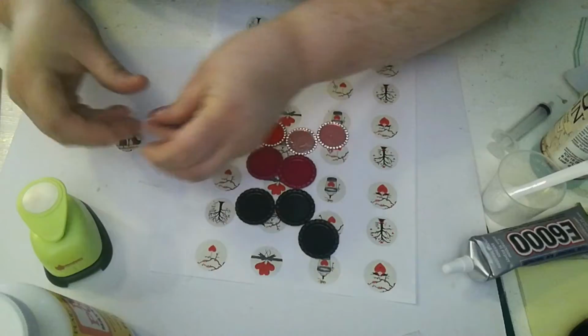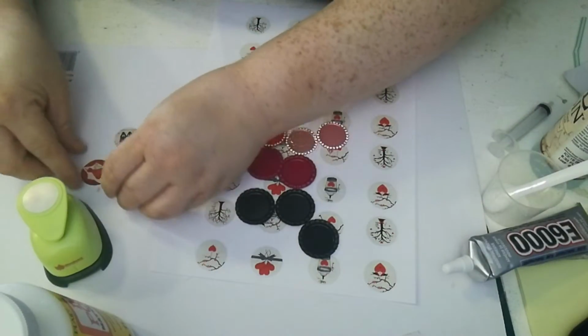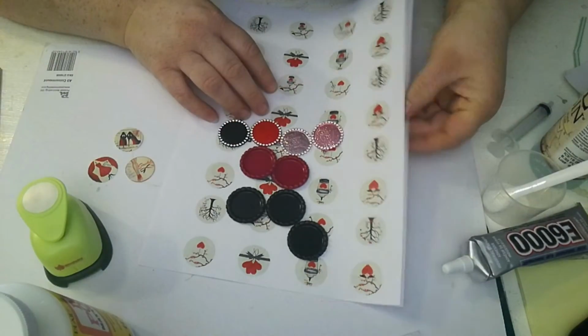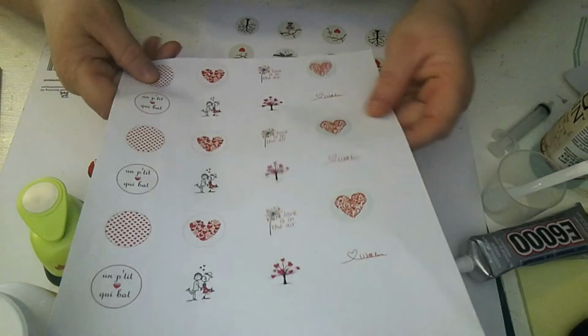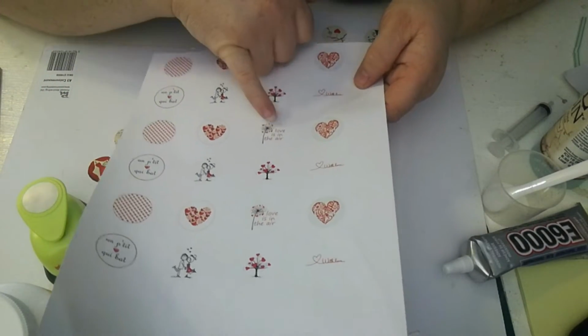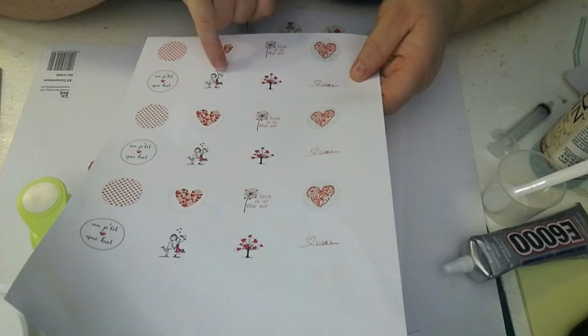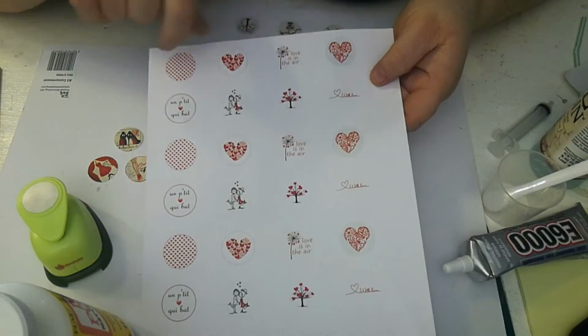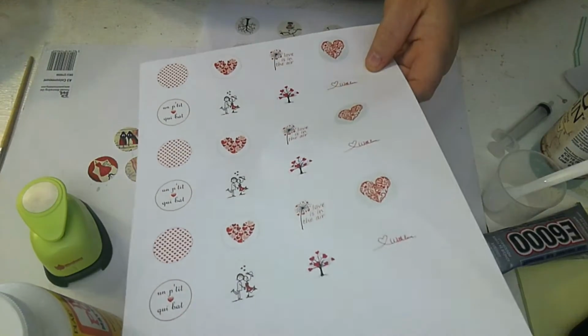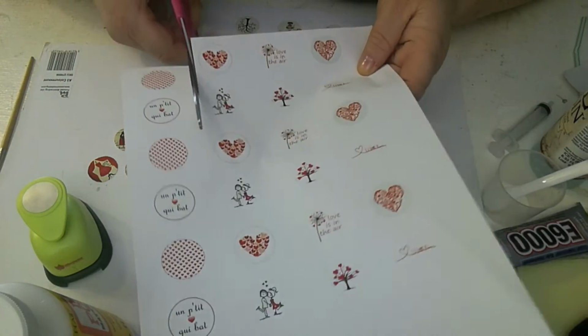My other images, let me turn those around so you can see them. The other images which I quite liked are these French ones. Lovely little lovies in the air, and the little couple kissing. It's cute. And the little heart one. So I'm going to punch out a couple of these as well. As I said before, these are all